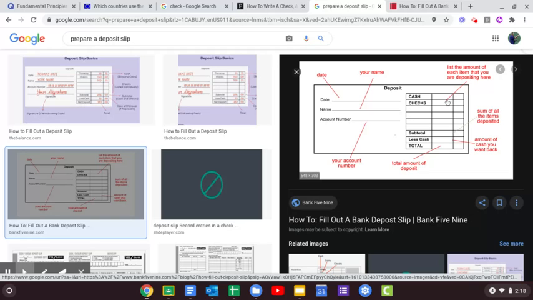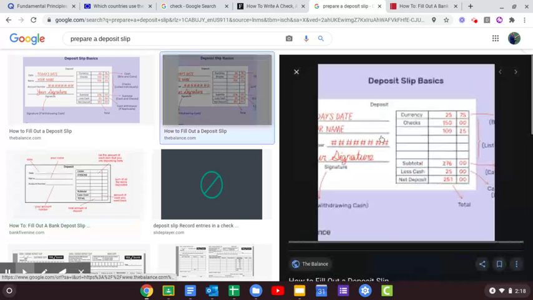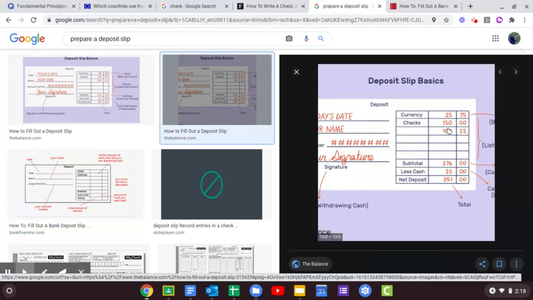So checks, this is where it could be a little bit different. They could have more or less lines over here for cash. So list the amount of each item that you are depositing here. So how much cash, 100, and then you have to put cents over here. Okay, you always have to remember those. And then your checks. Now you have to write down the check number, and I think this one might be a better picture. Yes, here we go. So you have to write down the check number. So this is check number 1.